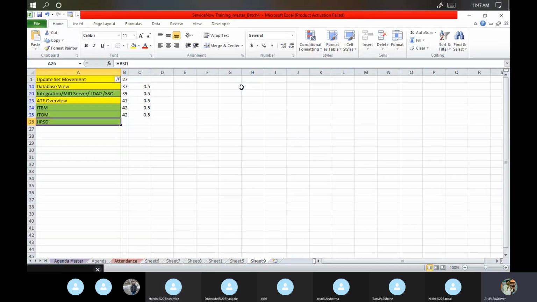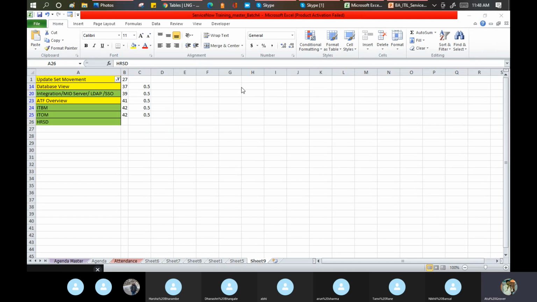Yes, Ashwita, go ahead. So generally in the current project, we'll be getting a requirement and the dev team will be working on it. And then simultaneously we'll start preparing the test cases, right? So similarly for this ATF, how do we proceed with the test cases? Do we get any sort of documents from the dev team or something like that?